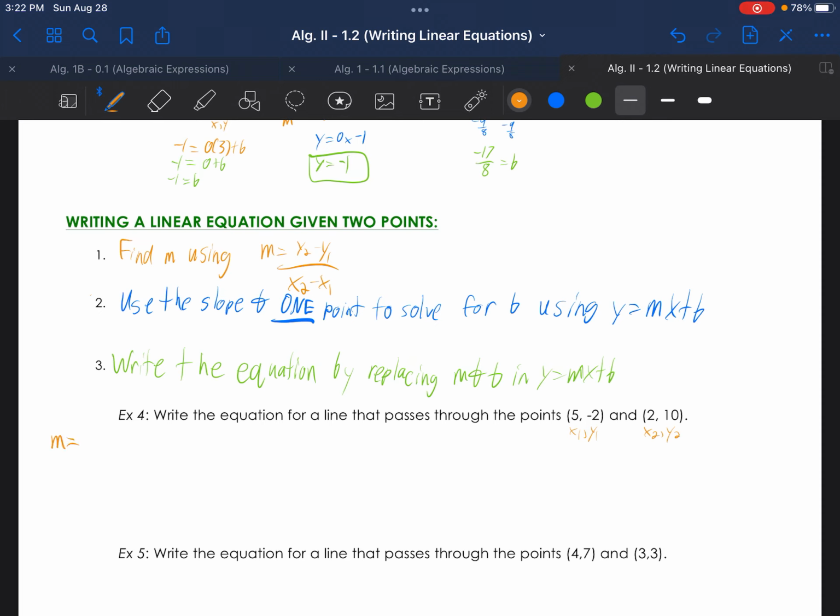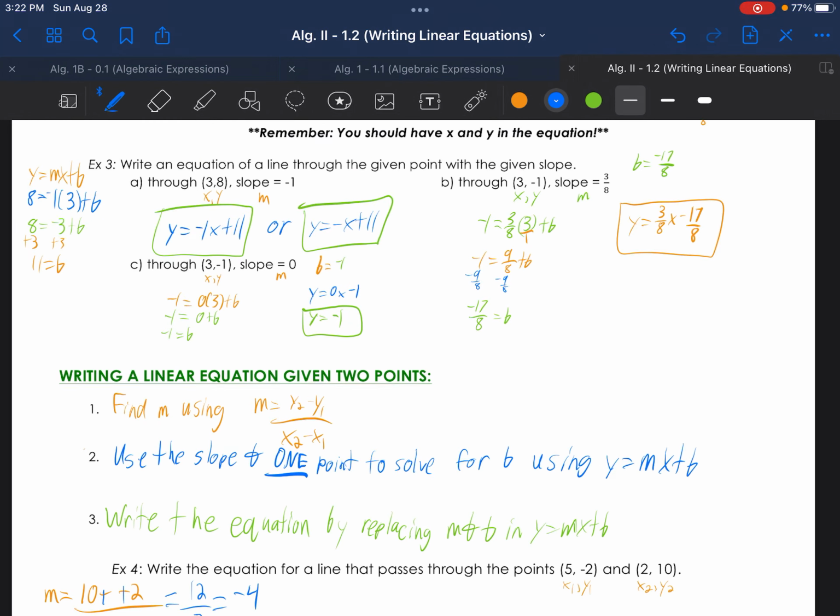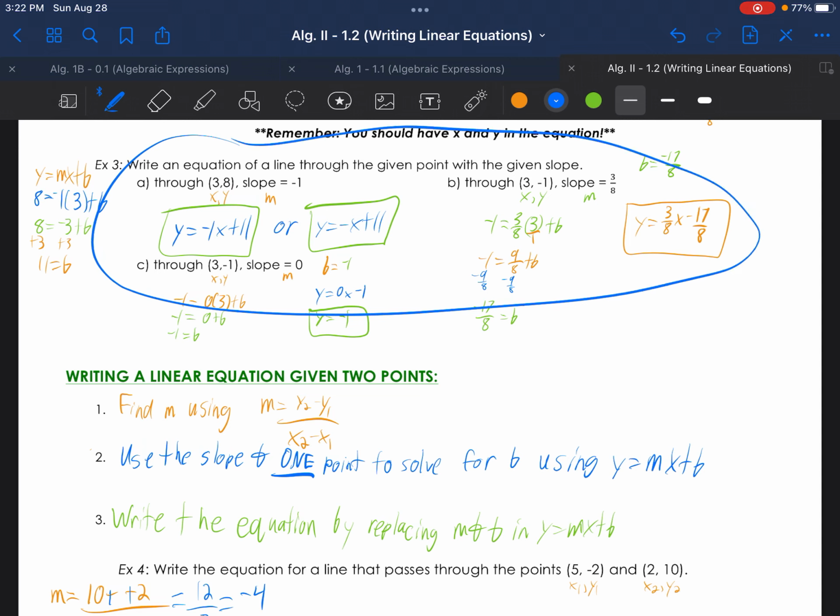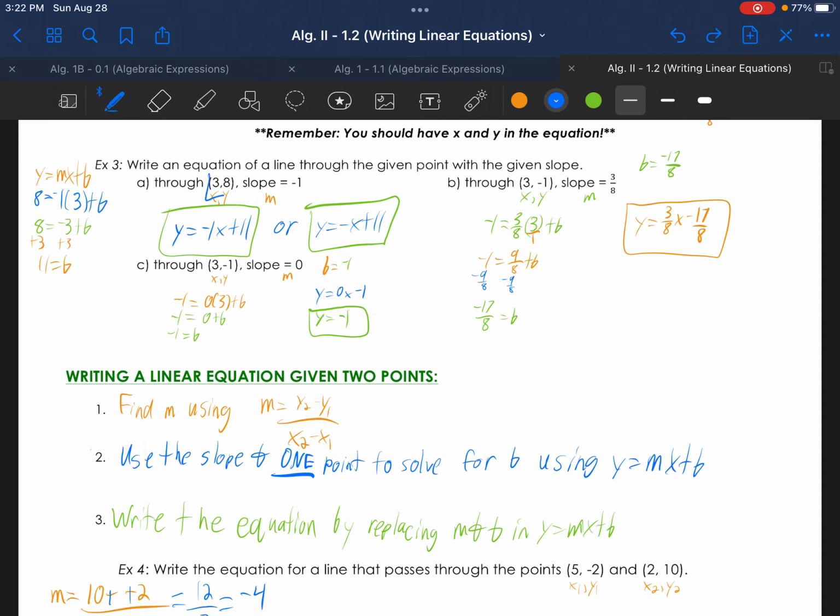So to find the slope, m equals 10 minus negative 2 over 2 minus 5. So I have 2 negatives in a row there. So 10 plus 2 is 12, and 2 minus 5 is negative 3. Now that reduces to negative 4. Now we're at the same point where we were on all of these. The only difference is, instead of being given 1 point each time,